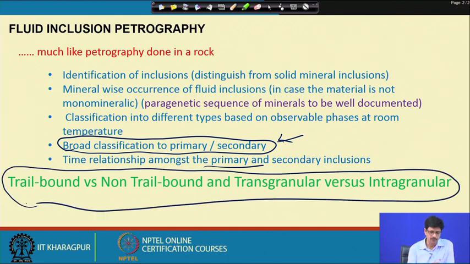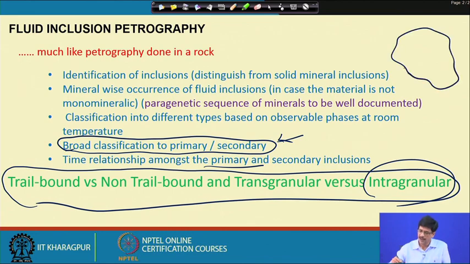What sometimes becomes the practical thing when somebody is doing fluid inclusion petrography is to look for and describe the inclusions, whether they are trail bound or non-trail bound, and if they are trail bound, whether they are present in transgranular heel cracks or intragranular heel cracks. As we know, if this happens to be the grain of quartz, and there are inclusions trapped in this kind of a trail, and this trail is not transgressing into the adjacent grain, but is terminating within the grain itself,